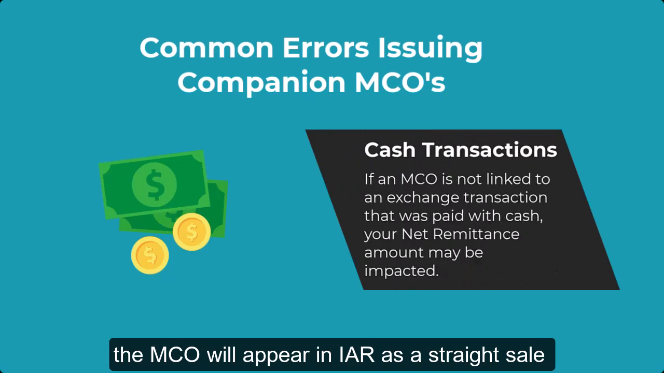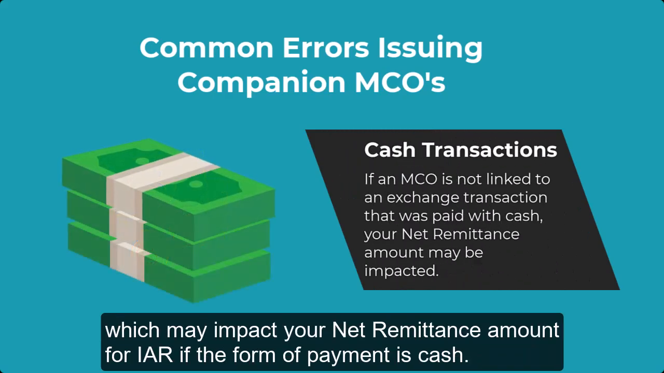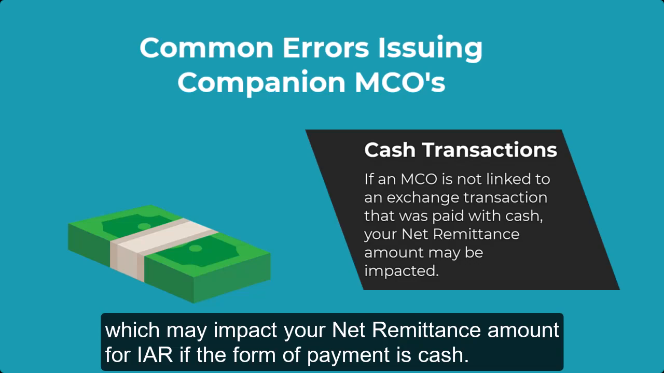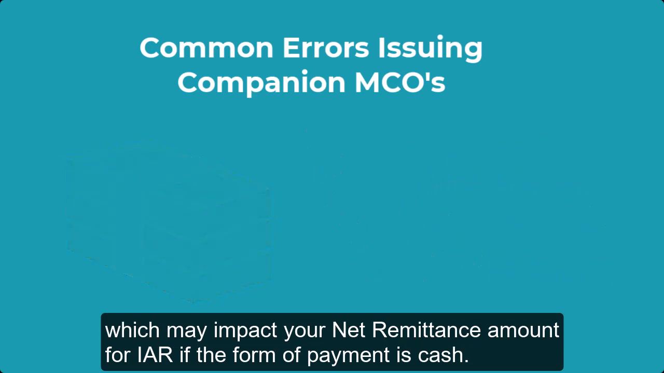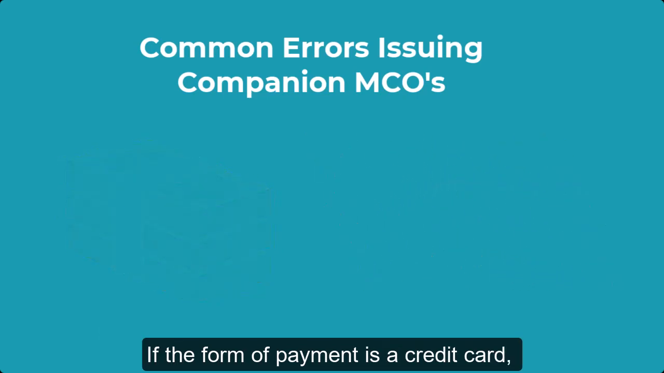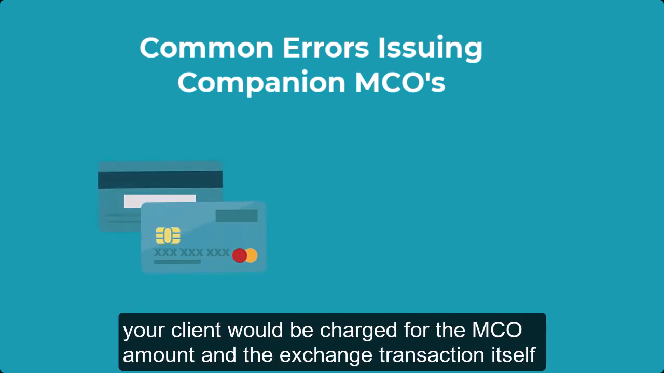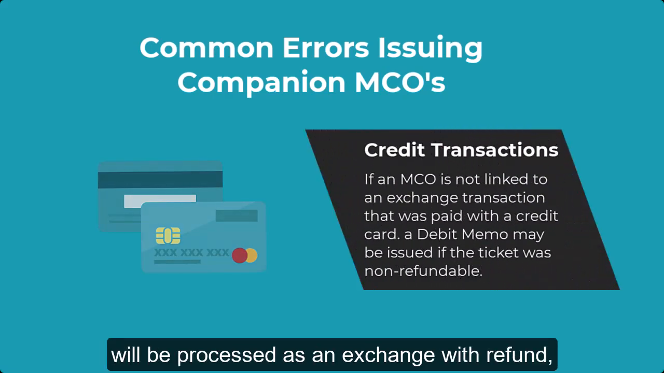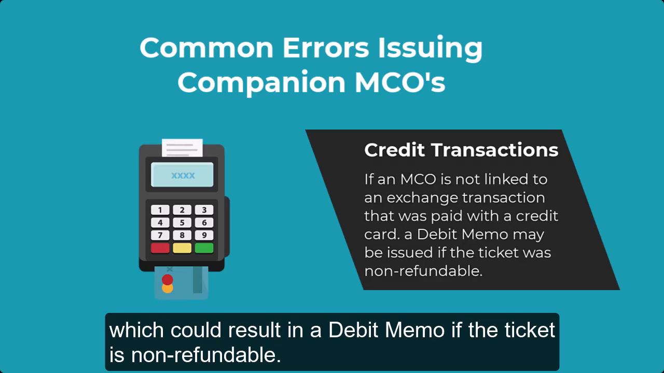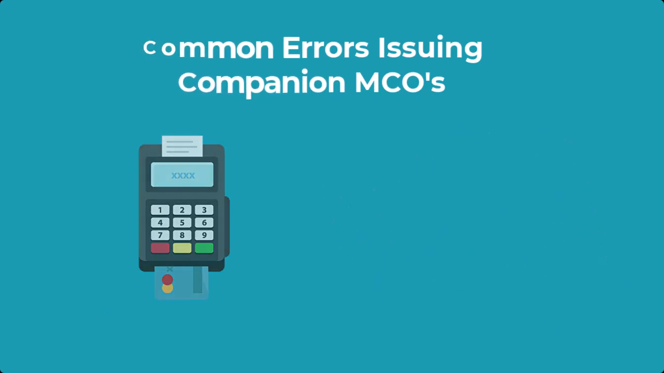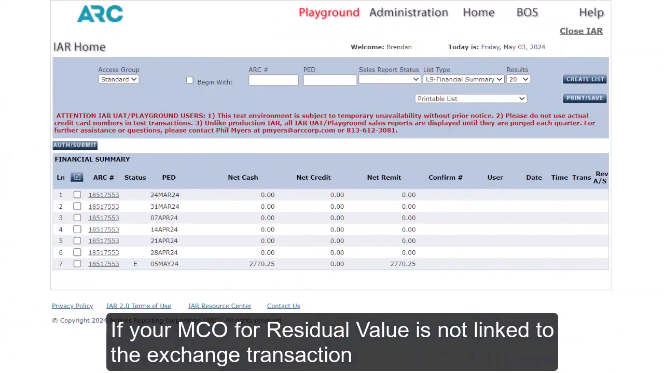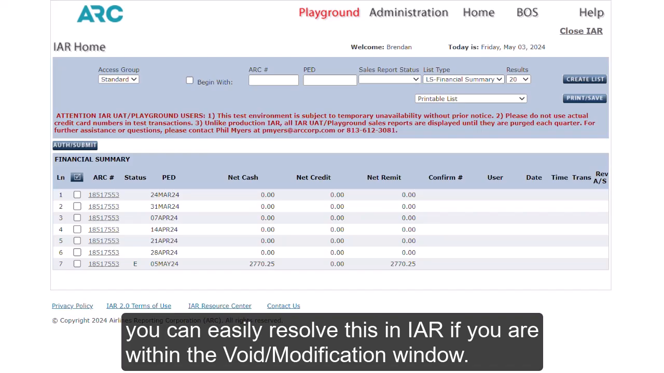as a straight sale, which may impact your net remittance amount for IAR if the form of payment is cash. If the form of payment is a credit card, your client would be charged for the MCO amount, and the exchange transaction itself will be processed as an exchange with refund, which could result in a debit memo if the ticket is non-refundable. If your MCO for residual value is not linked to the exchange transaction, you can easily resolve